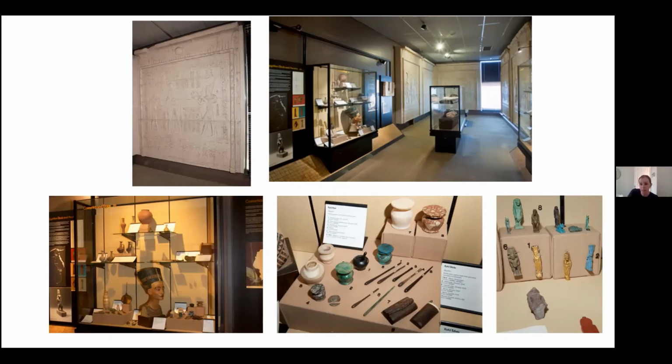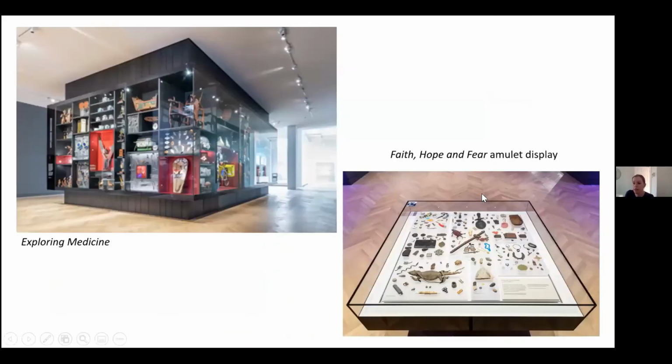It was on display in our Challenge of Materials gallery, which is now closed. There was the occasional loan out to interested museums, and also for research, so some of our mummified remains have also been scanned. In the newest incarnations of our medicine galleries, which opened in 2019, called Medicine, the Wellcome Galleries,